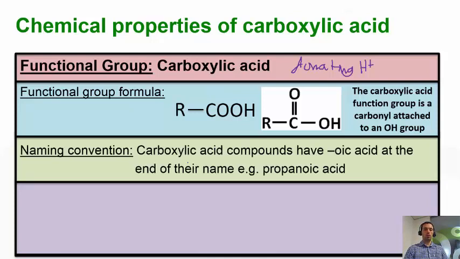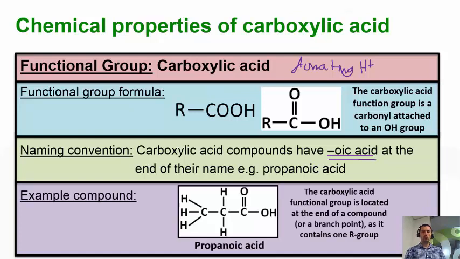So how would you know whether a compound has the carboxylic acid functional group in it? Well, you could look at the name, and it's going to have oic acid at the end of the name. So the carboxylic acid is actually the only one that has acid in the name of all the functional groups we look at, so that's a bit of a giveaway. So for example, propanoic acid would have the carboxylic acid functional group, and we can see the propanoic acid structure